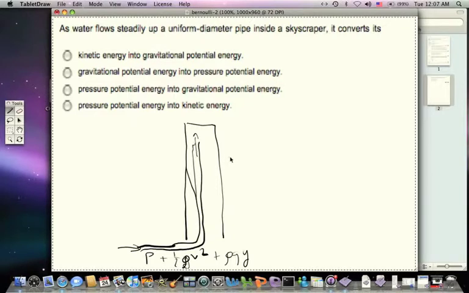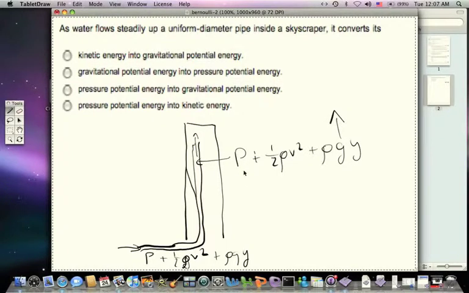And so as it goes up, what happens is, since the kinetic energy can't change really, as the potential energy increases, that means the pressure has to naturally go down. So the highest pressure occurs basically at the base. And this makes sense because you've got to support the entire weight column of water which